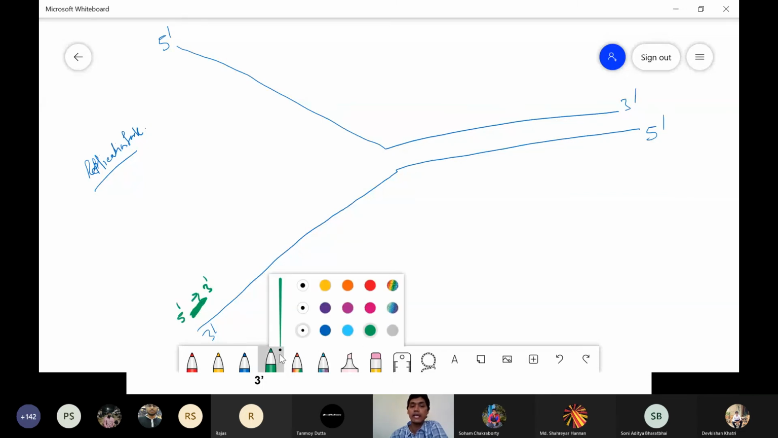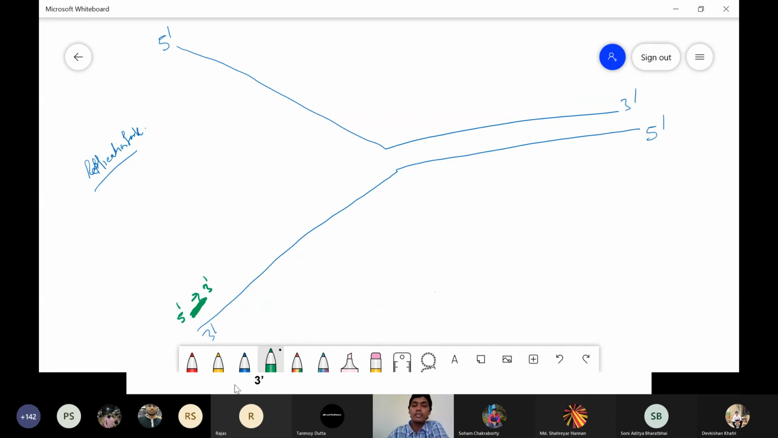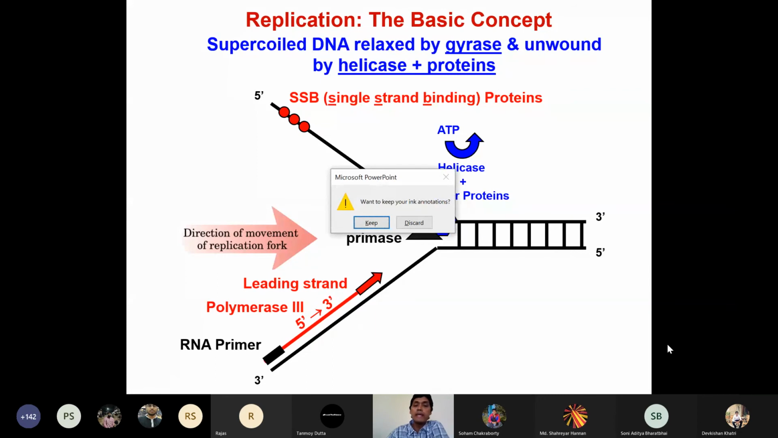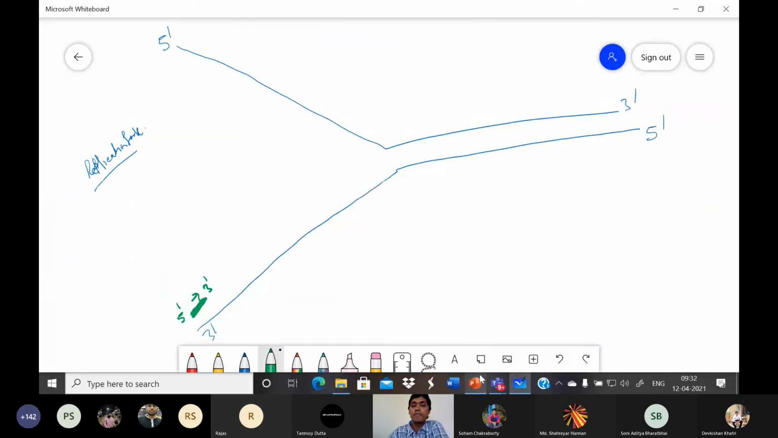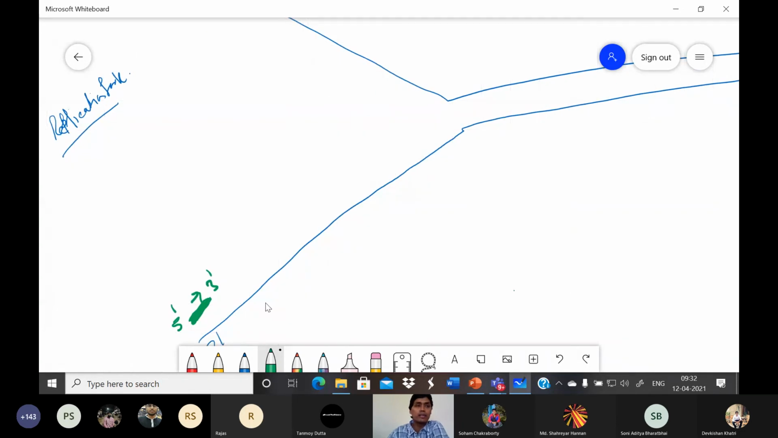This is the RNA primer, right? Why is it called a primer? Say, for example, even when you color your house, your apartment, before the actual color you put some primer, right? Similarly, in this case, we are trying to replicate DNA, but initially we are making a small portion of RNA, and this RNA will be synthesized by